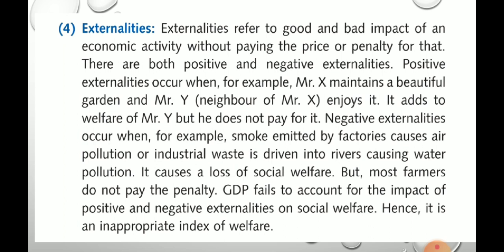On the other hand, suppose you are doing gardening. Because of this gardening, our neighbor feels good, they feel pleasure when they are seeing the garden. It gives a good atmosphere, a good environment, and it increases the life quality also. But you are not going to get any payment in return. So in any deed where other people, or third people, are harmed, the first person is not going to pay any penalty.